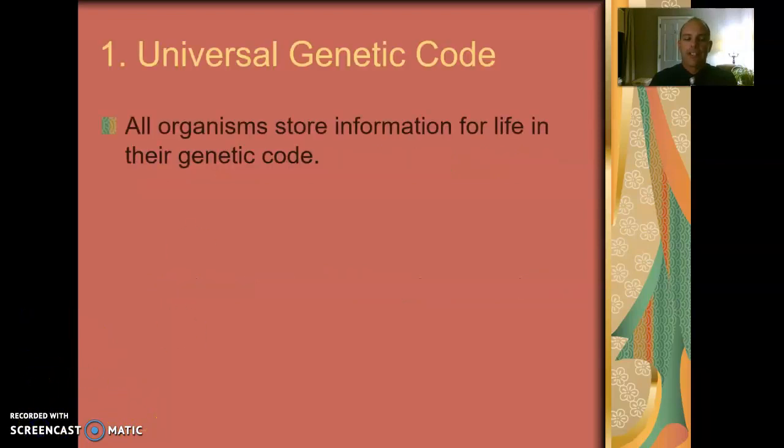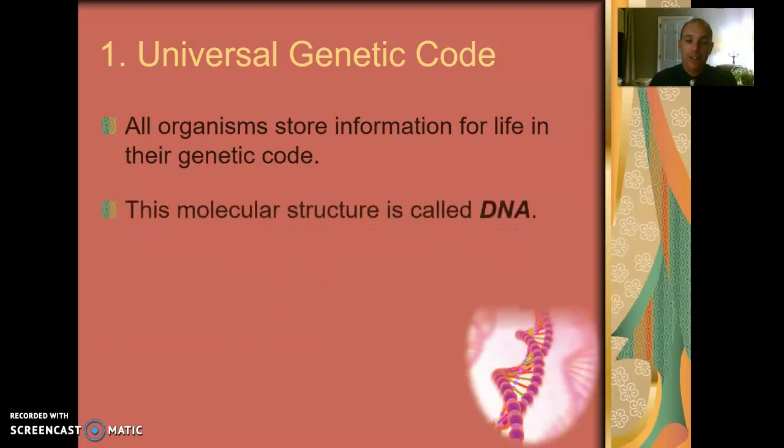The first characteristic is called universal genetic code. All organisms store information for life in their genetic code, and that information could be anything. It could be genes, traits, characteristics, how tall you are. That is carried in something called DNA. The molecular structure is called DNA. DNA stands for